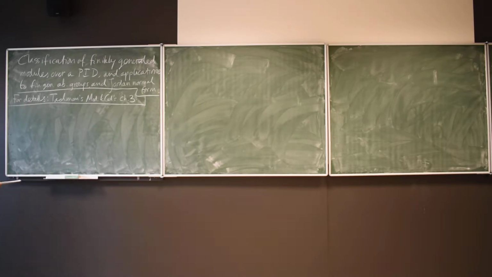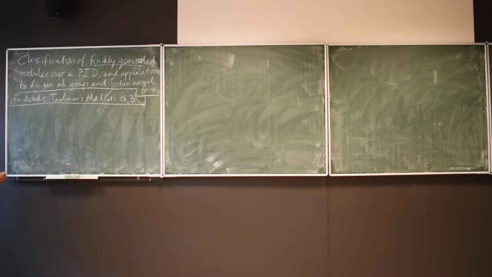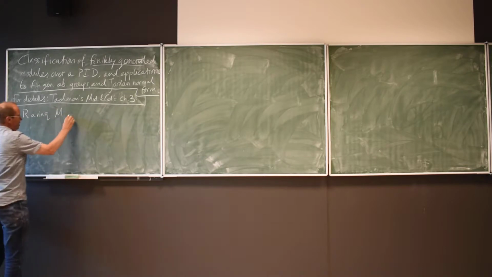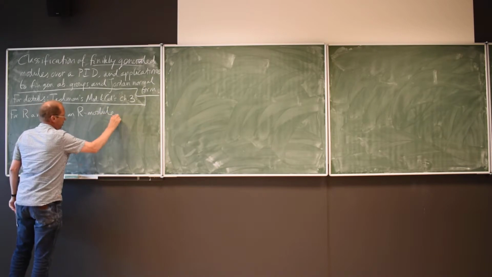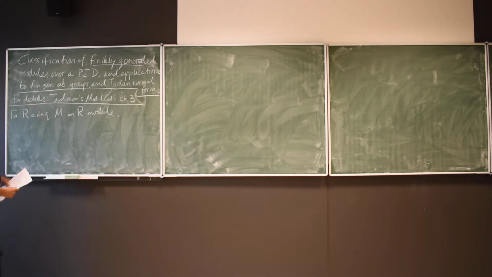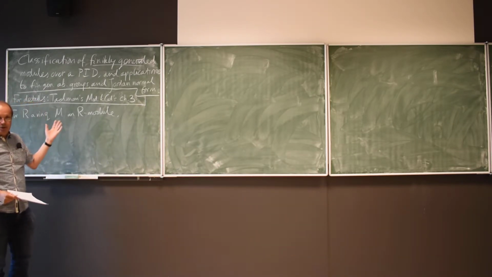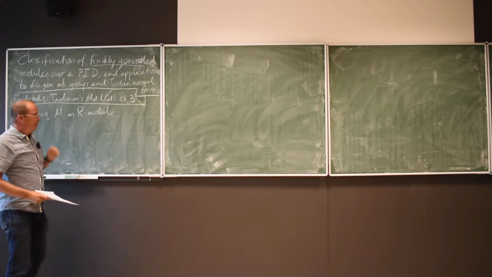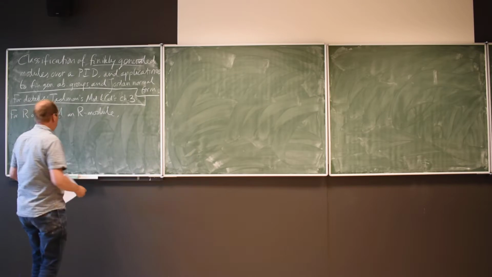Okay, so finitely generated modules. This has already been explained by Arno. But I would like to say one more thing. So for R a ring, and M an R-module, we know what it means that M is finitely generated. It means, for example, that M has a finite subset that generates it. Have we seen other? That is what we have seen. But I would like to